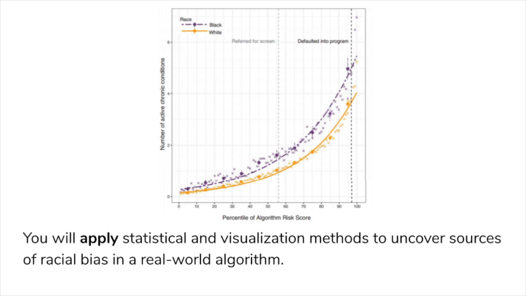This algorithm uses medical cost, the amount a patient spends on medical care, as a proxy for risk. Through analysis of this data, we'll discover how this algorithm embeds a bias against Black patients, underestimating their medical risk relative to white patients. At a high level, students will apply statistical and visualization methods to uncover sources of racial